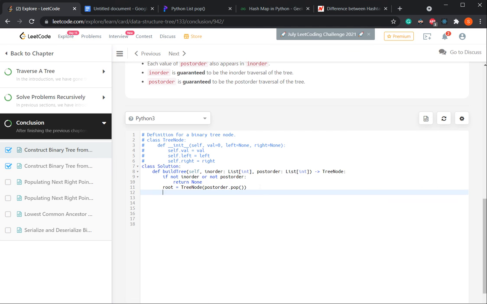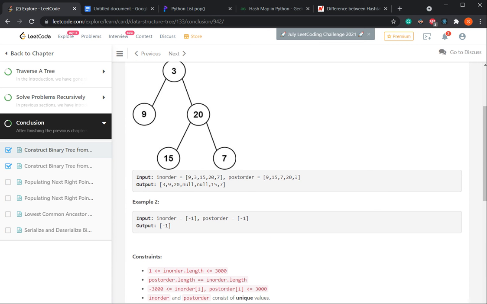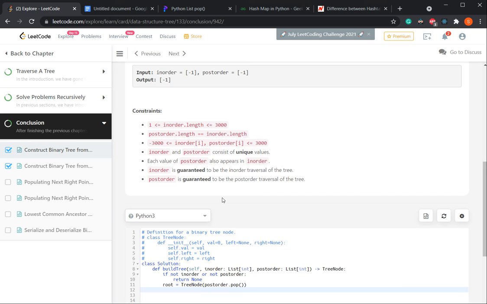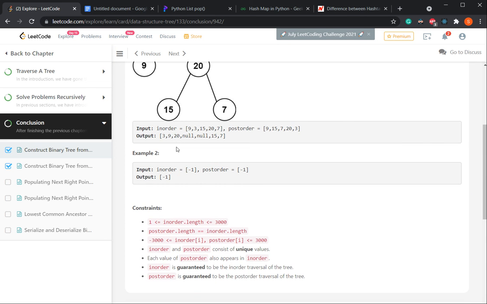Now find the index of this element in the in-order traversal, because we know that if we know the root of the tree, then all the elements to the left of this node will be in the left subtree of the tree, and all the elements to the right of this node will be in the right subtree of the tree. So using this information we will find the index of that node in the in-order traversal array.